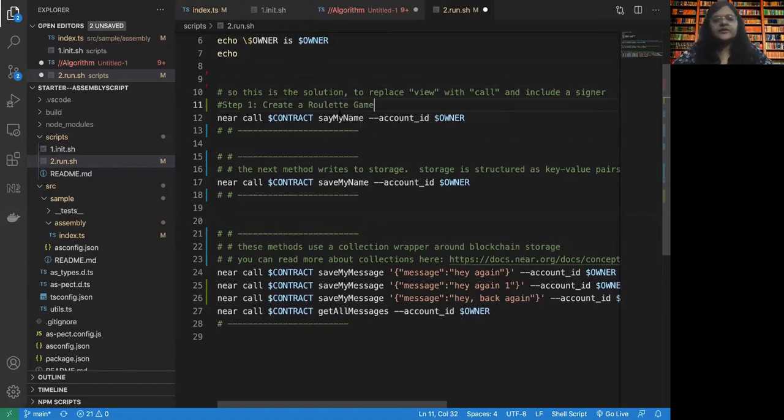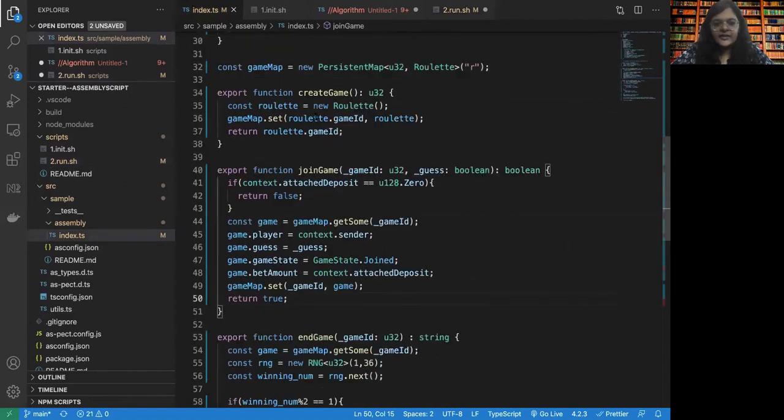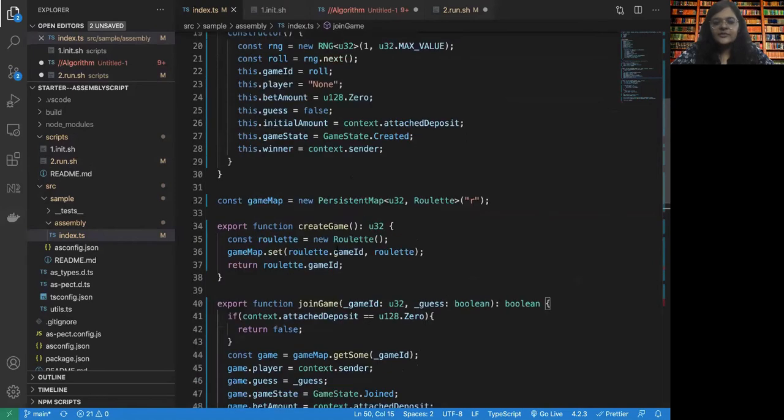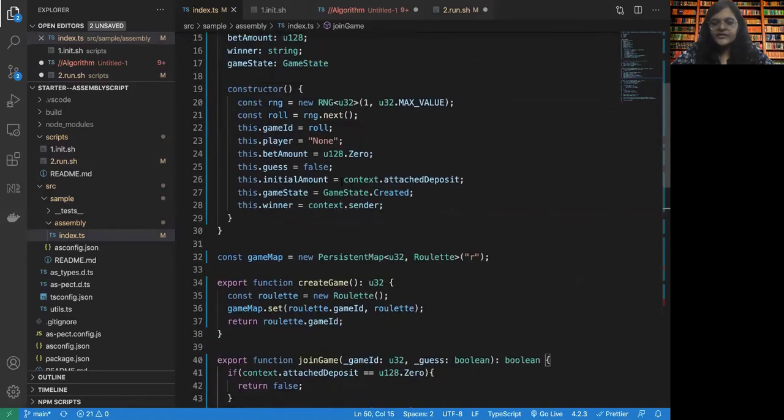To create a game, we use near and then call the contract with the name of the function, that is create game. Now, this will call the constructor, right? So the constructor needs an attached deposit and the context dot sender.